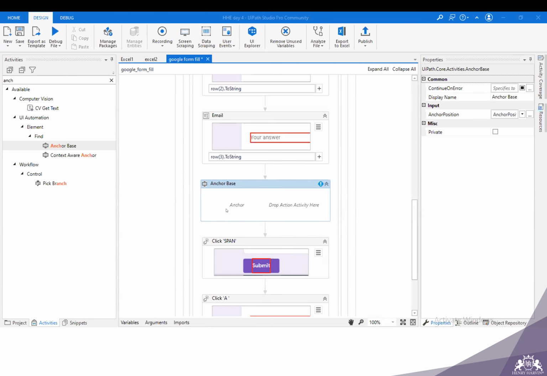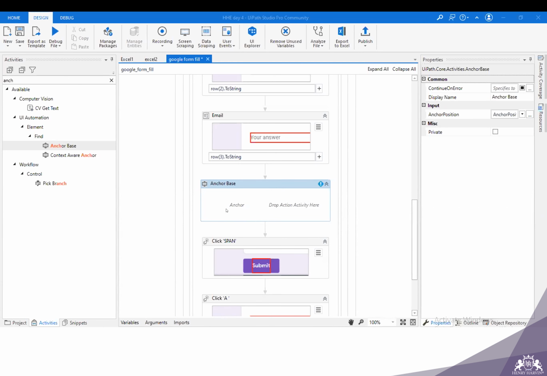Okay, so if you create a complete workflow with anchor base, it is going to work, because here find element will find the text written over that text box, and this indicate on screen will indicate the text box where the text is to be written, like this. And the text to be written here will be the same as row 1, row 2, row 3, row 5. You have to read it from the Excel sheet which you have downloaded.